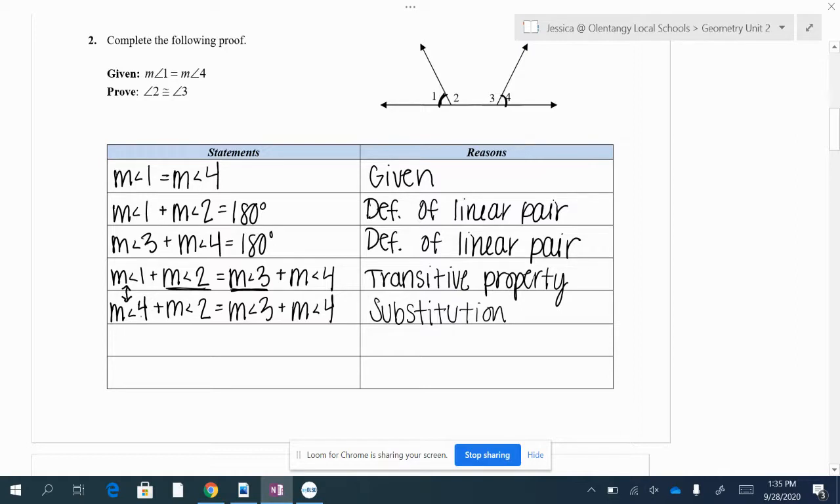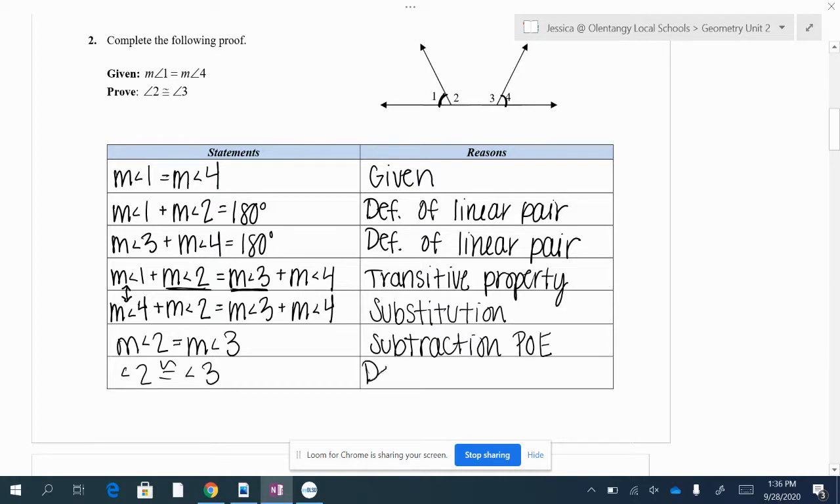And then again, I can see measure of angle 4 is on both sides, so then I can get rid of that and say that measure of angle 2 equals measure of angle 3. And I use the subtraction property of equality. And then it needs to look like my very last line, so then angle 2 is congruent to angle 3,